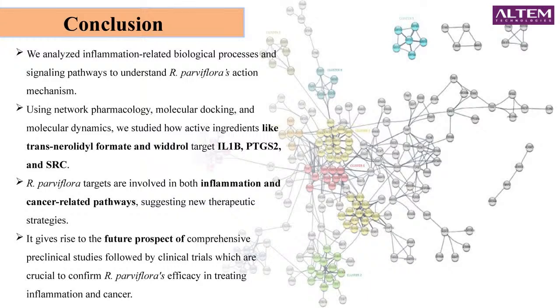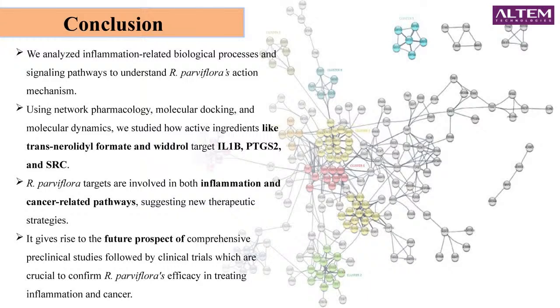Using network pharmacology, molecular docking and dynamics, this work highlights narrowly formate and withdrawal as lead compounds that stabilize key targets, which include IL-1B, PTGS2, and the SRC, thus reaffirming